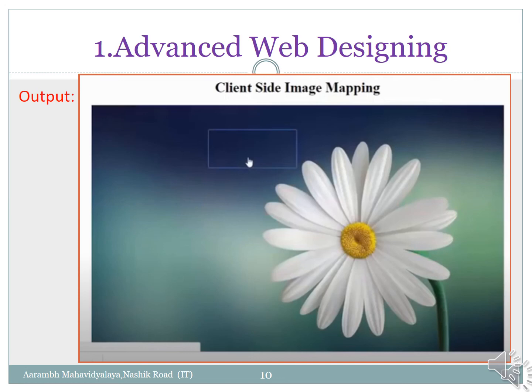When we click here we will get the next URL, Google. Similarly, when we move the mouse on the screen, at the location of the circle and polygon coordinates they will be highlighted, then that area will be indicated as the hotspot and it will display the outline of the circle and polygon.